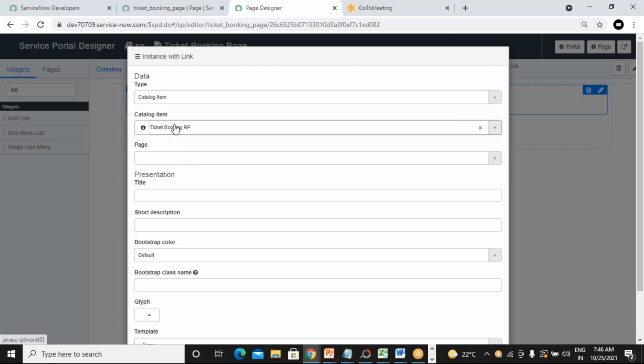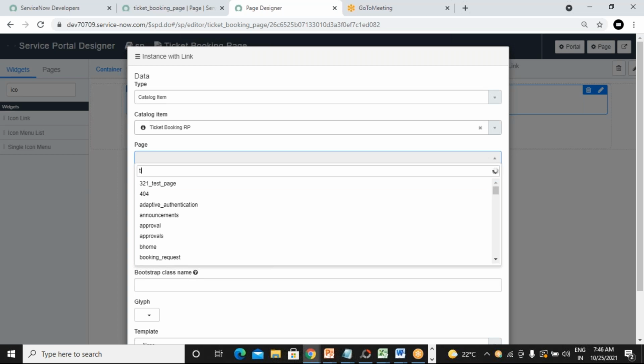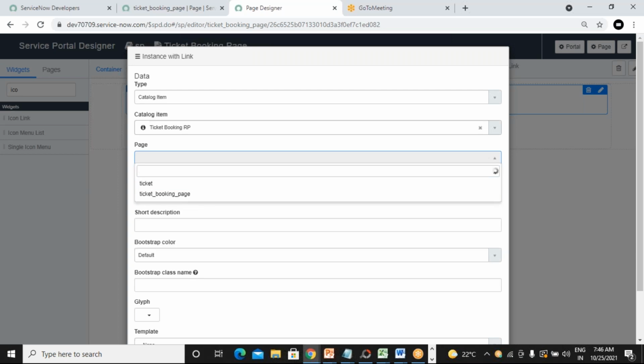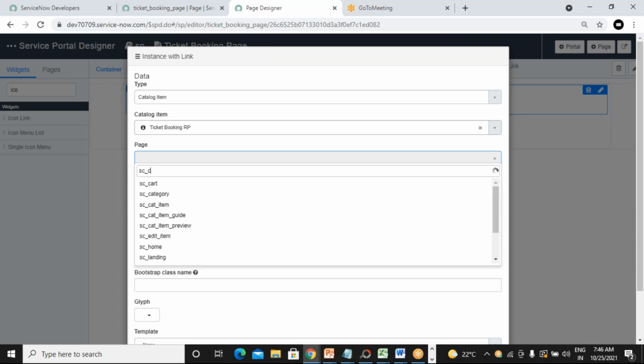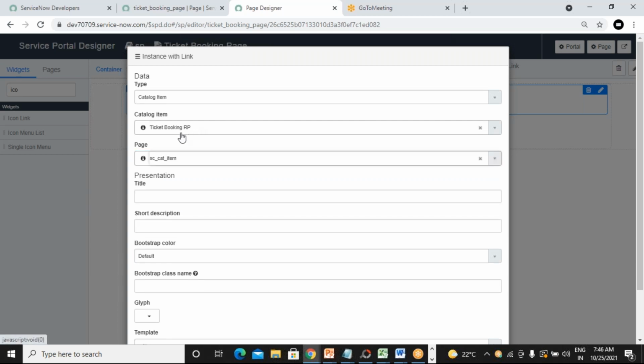Then, if you want to render this catalog item in the page, you can select the page name. Let's say here sc_cat_item. This is the out of box page we are using to display this ticket booking RP, or display this record producer.